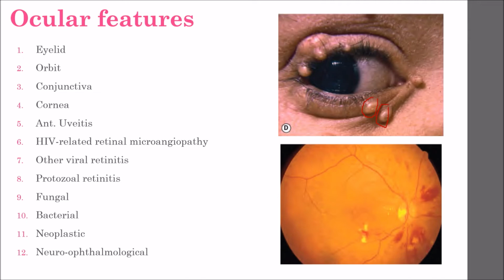Then there is conjunctiva, and in conjunctiva the presentation can be with Kaposi sarcoma again, squamous cell carcinoma, and microvasculopathy, which is in up to 80% of the patients. In cornea, patients present with keratoconjunctivitis sicca and increased incidence of keratitis, for example, by herpes simplex and zoster, and